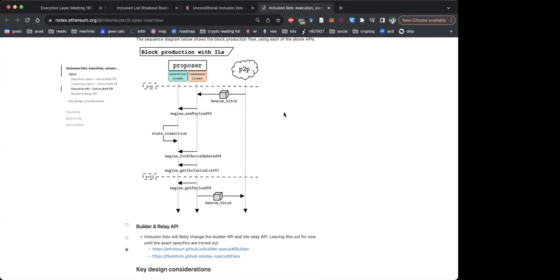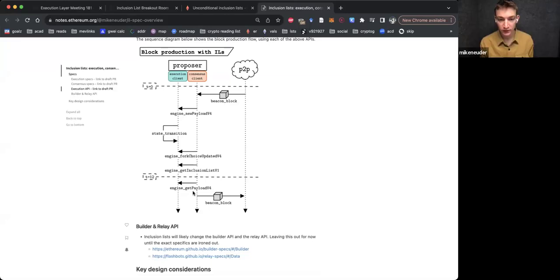And they are not bundled with the same get payload v4 because we want to have them independently of the local building, since we want to send them over the network for the builder to get. So that's why there is a separate engine API. Yeah, I get it. Exactly.